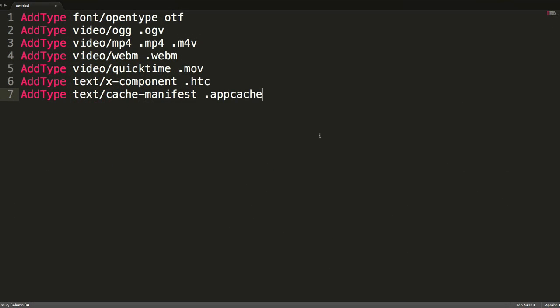We saw in the previous example something called a MIME type. What this is, it defines the type of file and ties that to an extension. So for example, let's say video MPEG-4. So here we have add type video/MP4. And if we ever have a file called .mp4 or with a .m4v, it's going to tell the browser that this file is a type